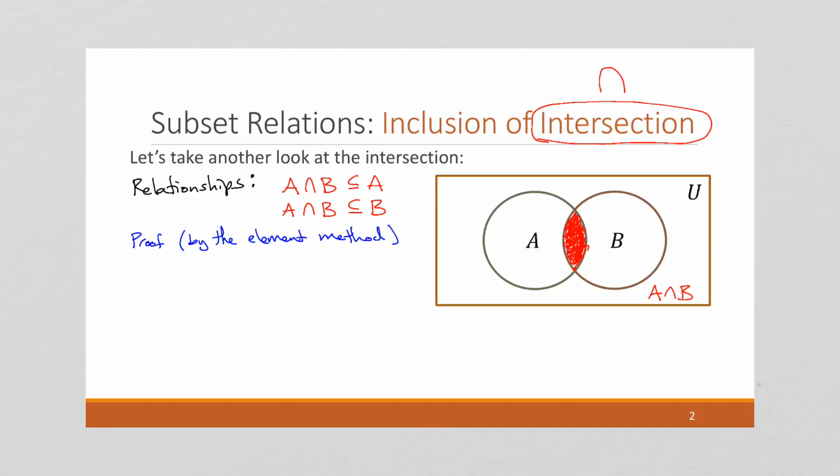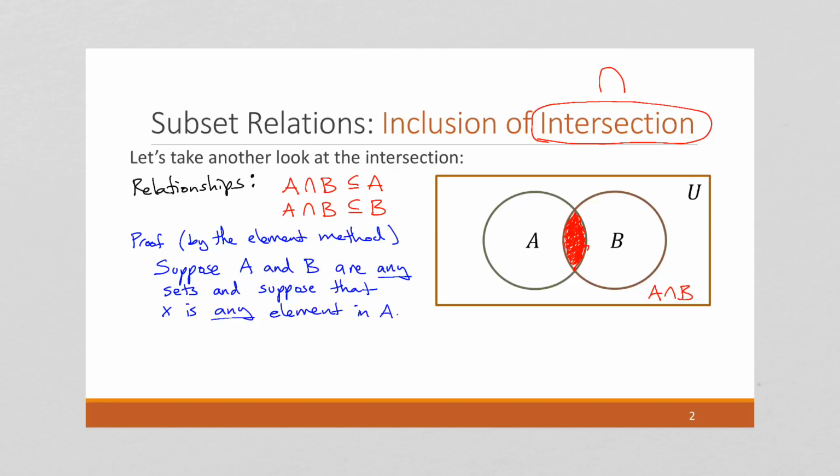So I'm going to suppose that A and B, right, I want to start very general, A and B are any sets, and suppose that X is any element